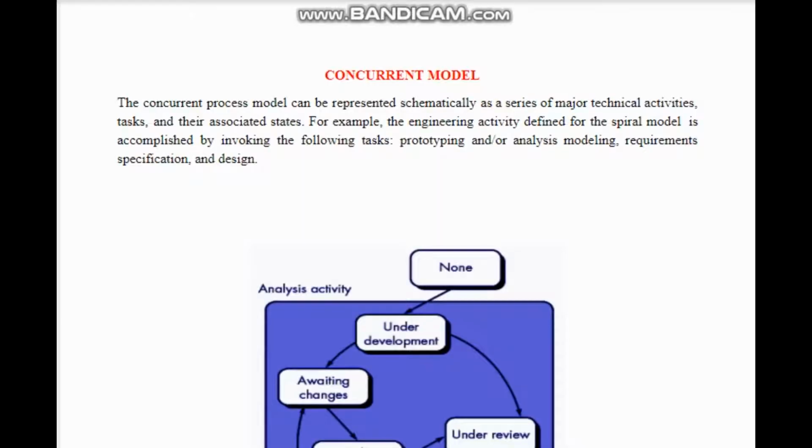After completion of all the different software process models like waterfall model, incremental model, prototyping model, RAD model and spiral model, the another model which we are going to see is concurrent model. In concurrent model, the entire software project is considered as a set of technical activities under which various tasks are carried out, and each task has got some associated states. Shortly it means that each activity is carried out or accomplished under certain states.